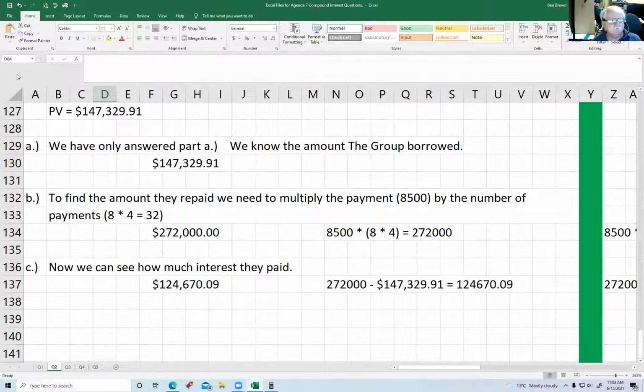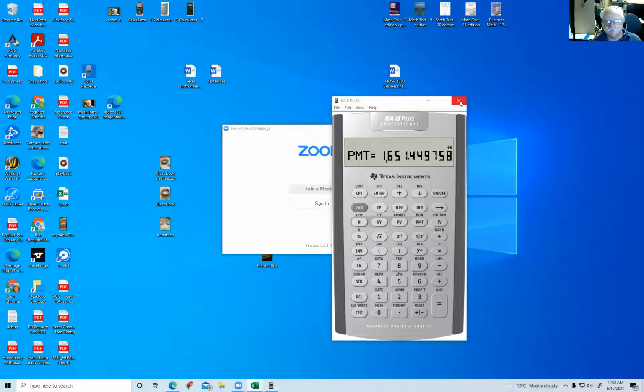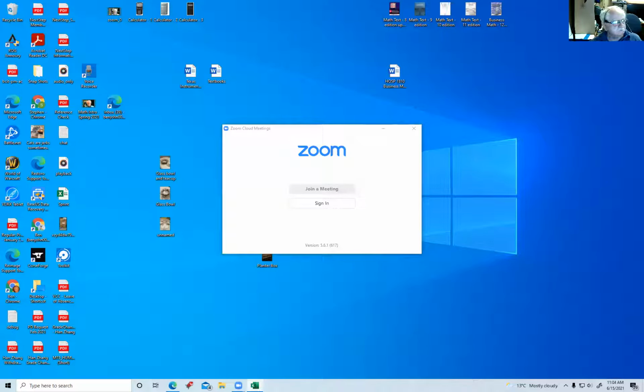Let's see. Get rid of this calculator for a minute. And what am I trying to look for? A whiteboard. Where did the whiteboard go? Okay, so